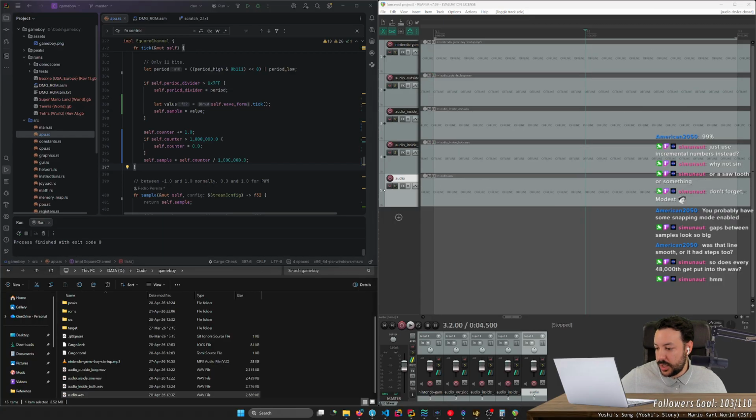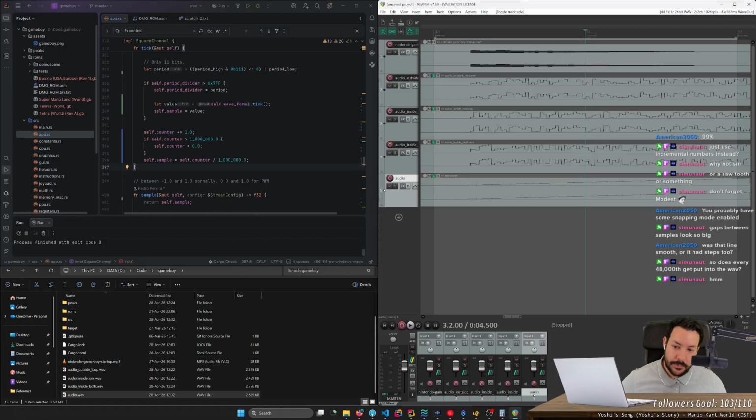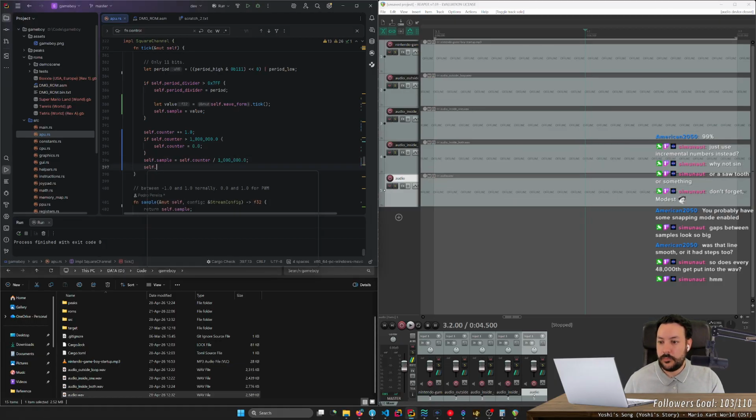Can you print the first 10 random numbers you generate and confirm they are random and not 10 times the same number? I can. Self.sample.random equals random.